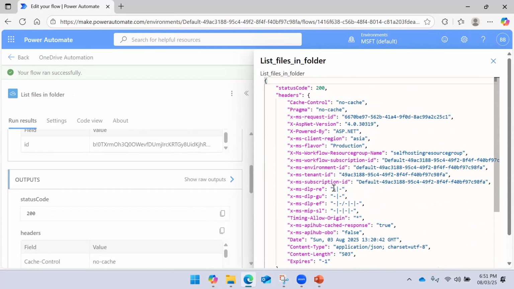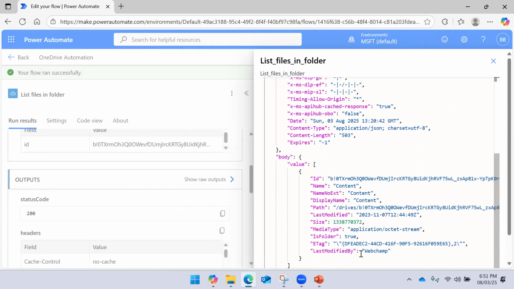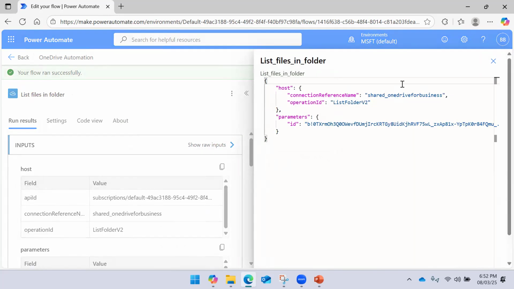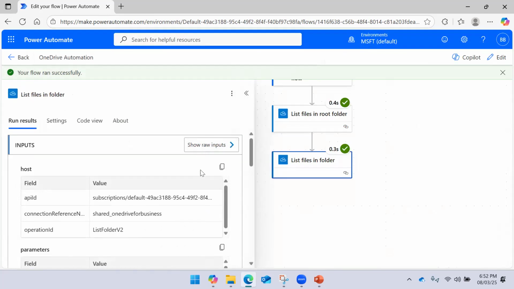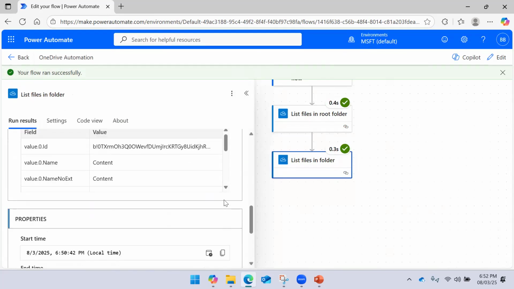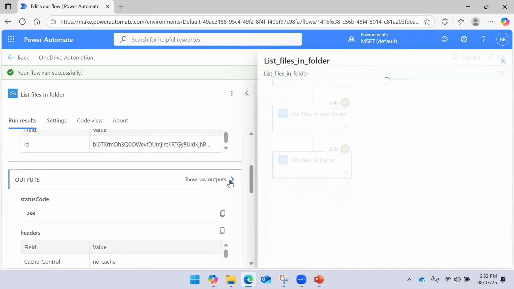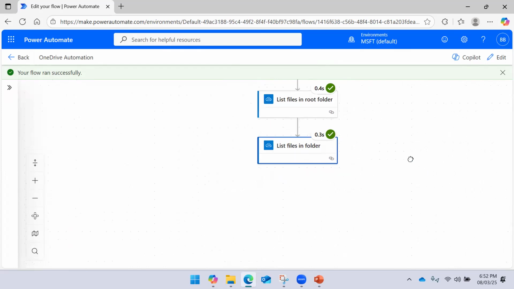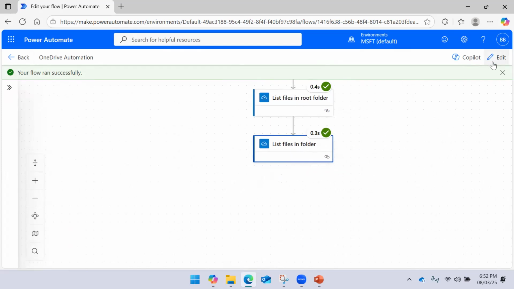Is folder true, and last modified by the webcam username is coming. This is the input, and this is the output here. And this is folder. So this is how this is going to work. These actions are going to work for us,